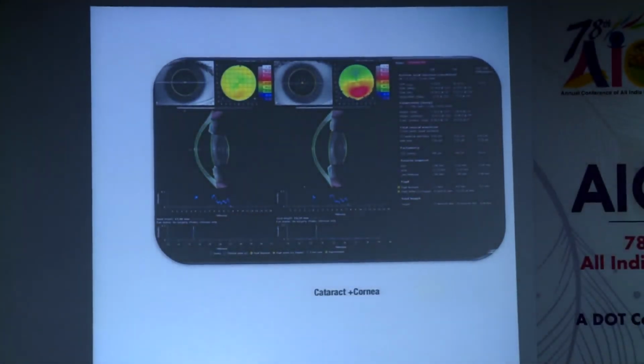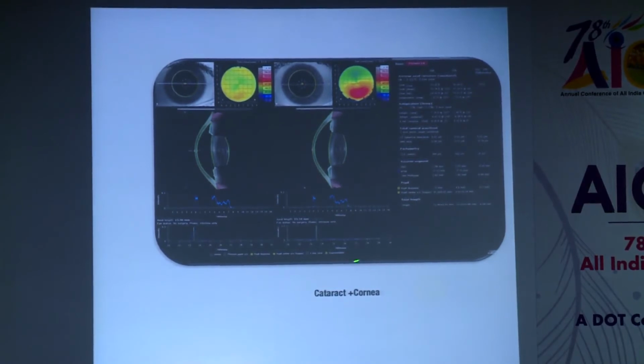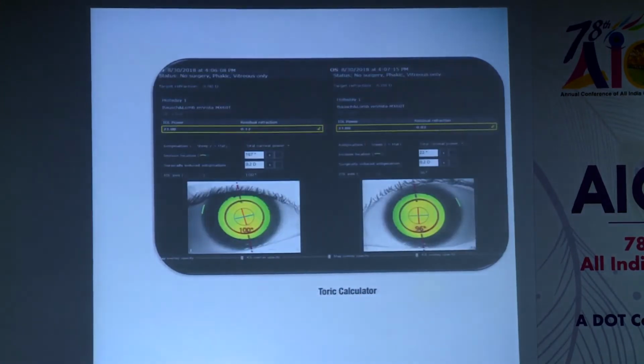So this is the interface of the Anterion. So if we see here, it can give you a cataract plus cornea analysis in one single screen. It is giving me at the bottom here the axial length, and over here it is giving me all the data that is there from the cornea app of it. Similarly, it has an inbuilt toric calculator as well, wherein based on the data that it has collected when you have been doing your imaging on the cataract app, it will give you the angulation that you need from an inbuilt toric calculator.